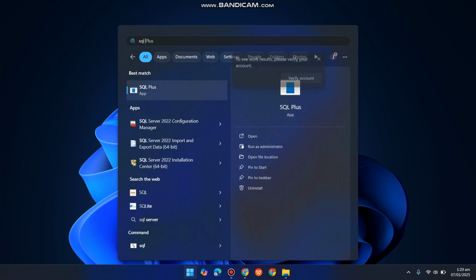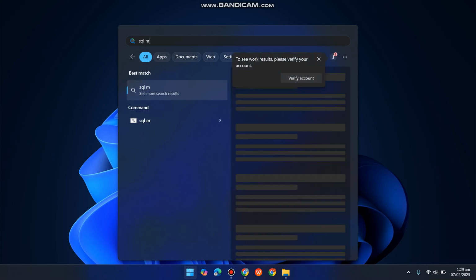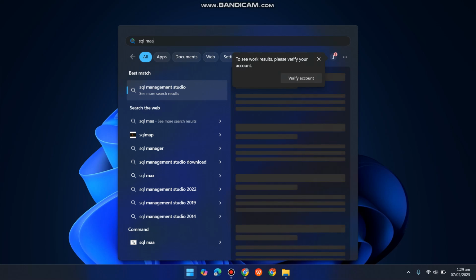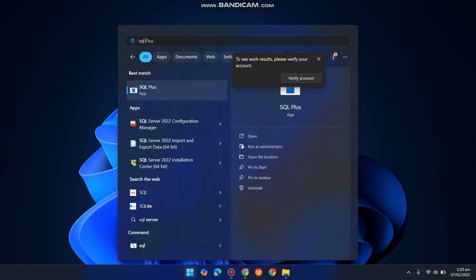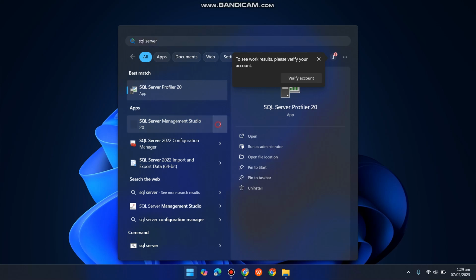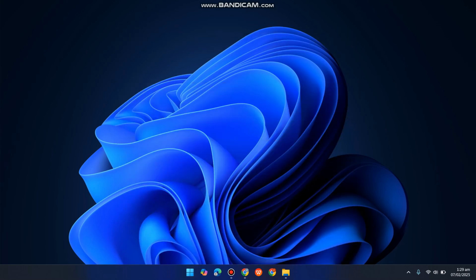And after that, search for SQL Server Management Studio 20 and run as administrator.